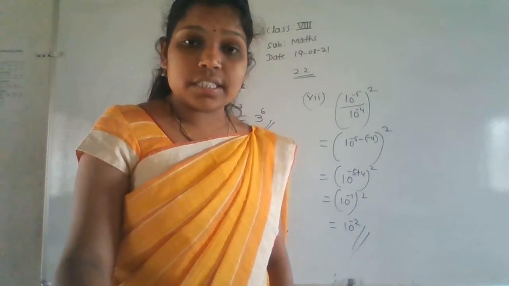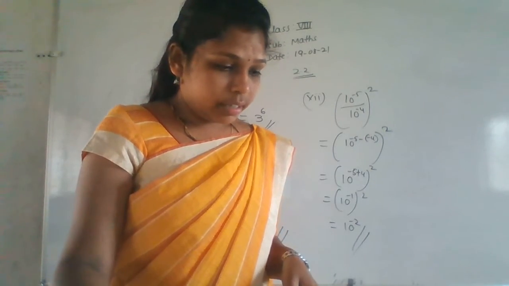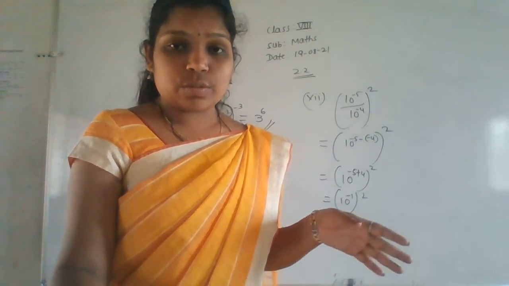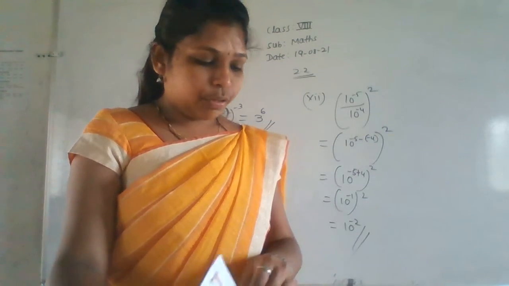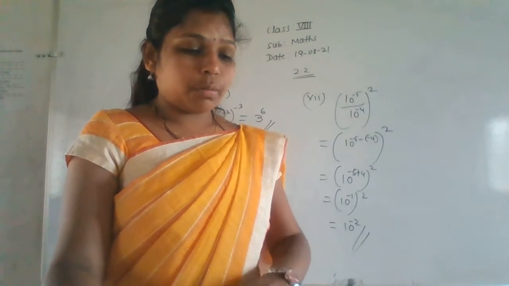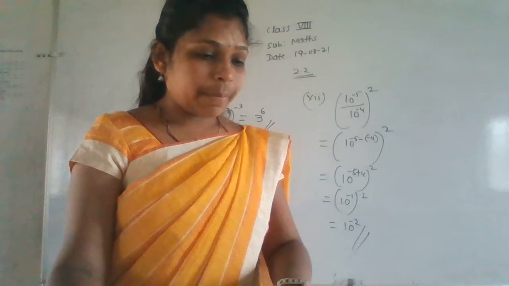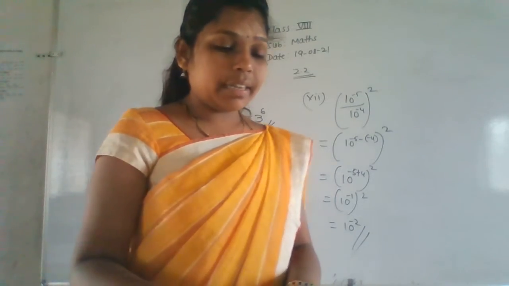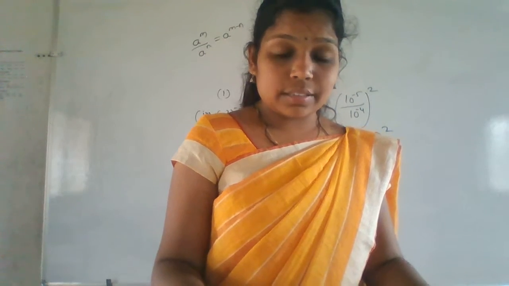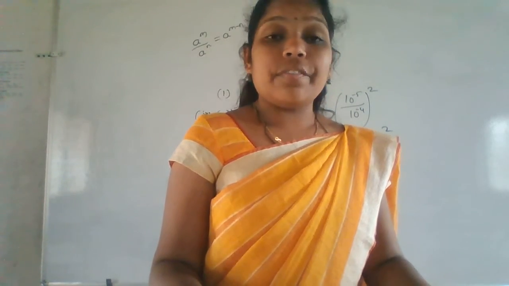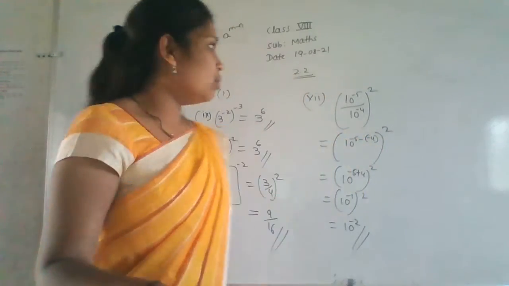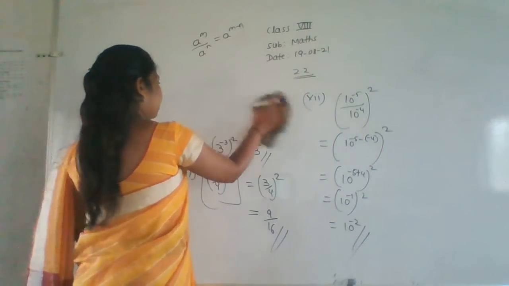Okay, so we finished the first main here. Now we'll go for the second main. All are using formulas only, we have to simplify. If you know the formula, then it's very easy to do all the problems, otherwise it's very difficult. Okay, so next we'll go for the second main. Write the value of n in each of the following. That means we have to find the value of n here. Okay, so now we'll do the second main.